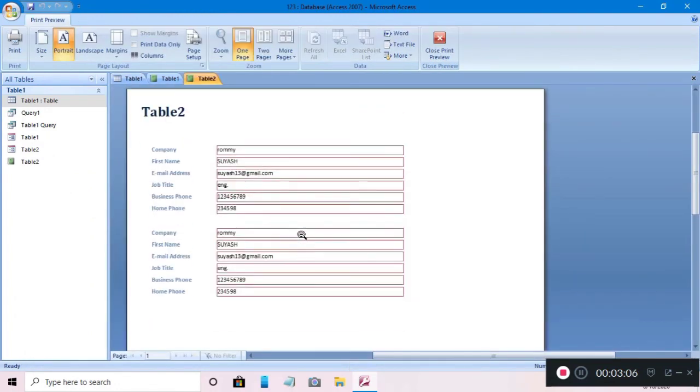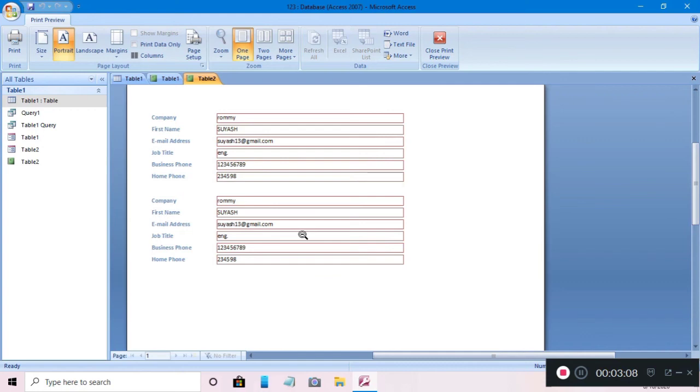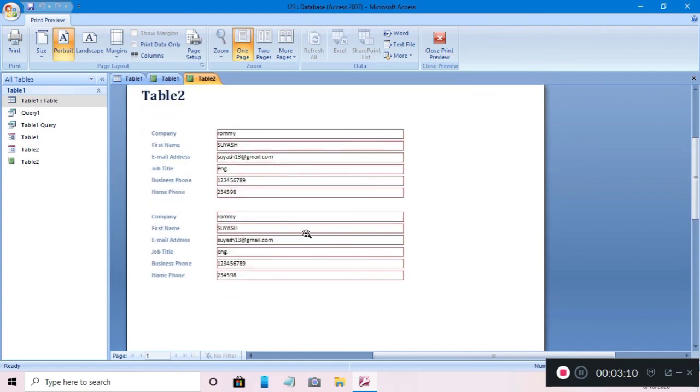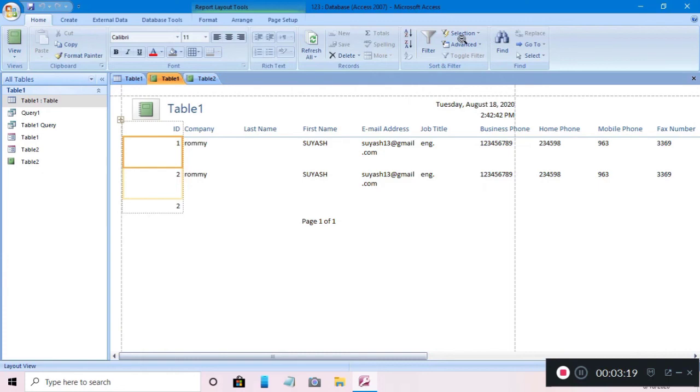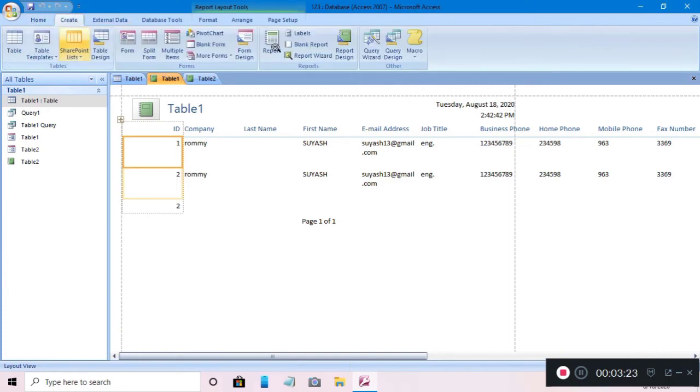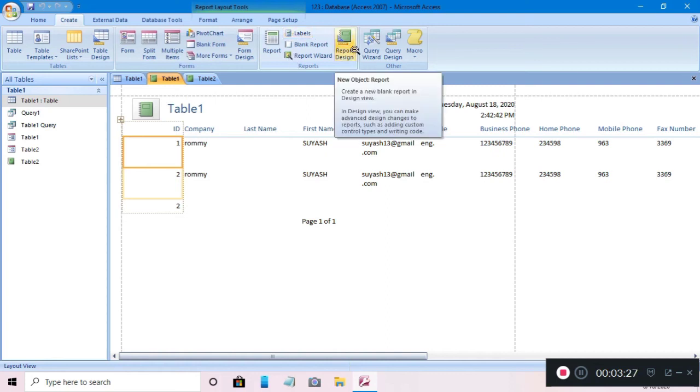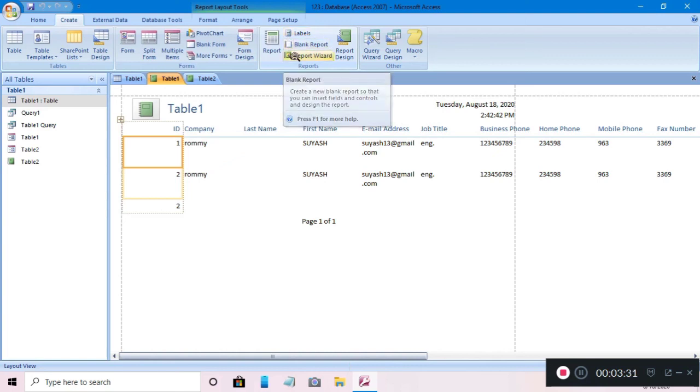Now this is the report of our data, and this report we have created with the help of the report wizard option. When you go back to the Create option, you will find there are different options available for creating a report, and report is the only format of MS Access which we can print out.